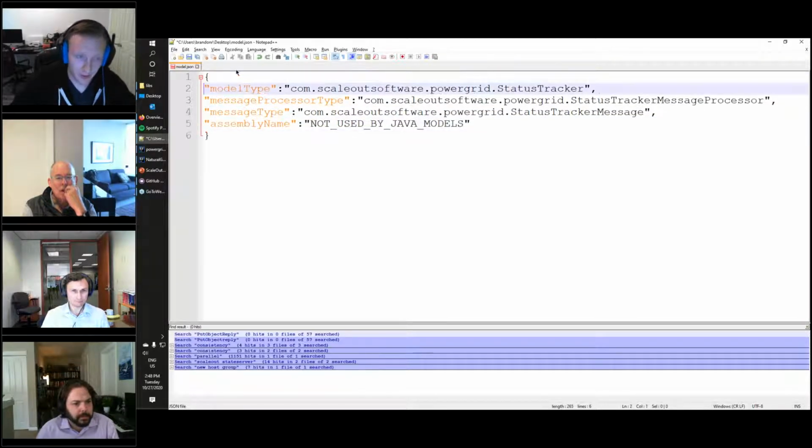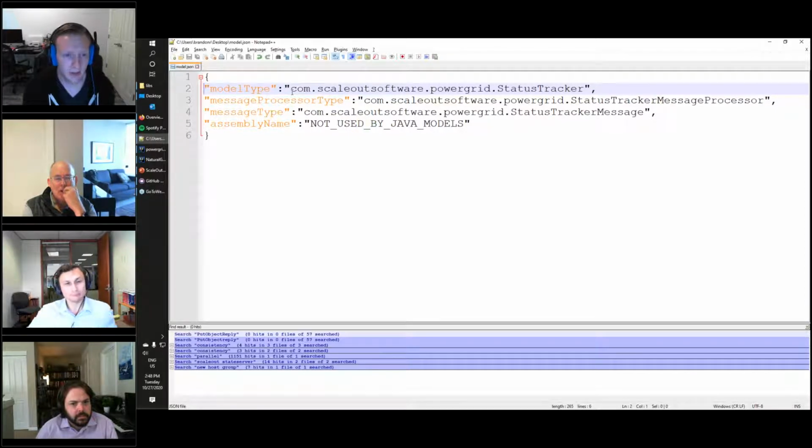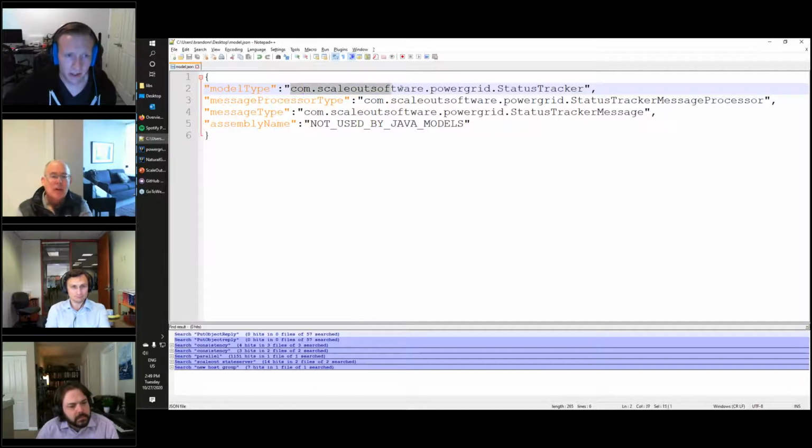Give me one moment. So now what we're looking at here is the model.json configuration file. What we see here is 4 properties: model type, message processor type, message type, and assembly name. Assembly name is an unused property by Java and JavaScript models, but we've gone ahead and included it just for completeness. So in the model type here, what we see as the value is the fully qualified class name